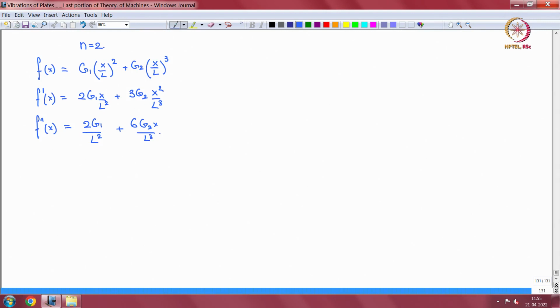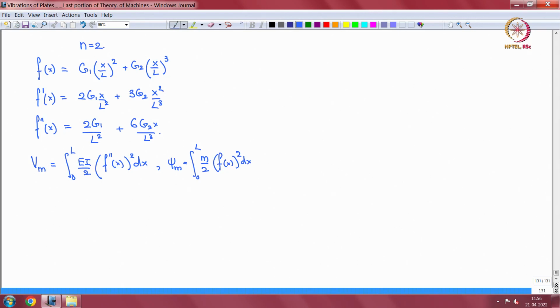Okay, then what is VM? VM is the same thing: integral 0 to L of EI by 2 f double dash of x squared dx. Okay, and psi m is equal to integral 0 to L of m by 2 f of x whole squared dx. Okay, so that